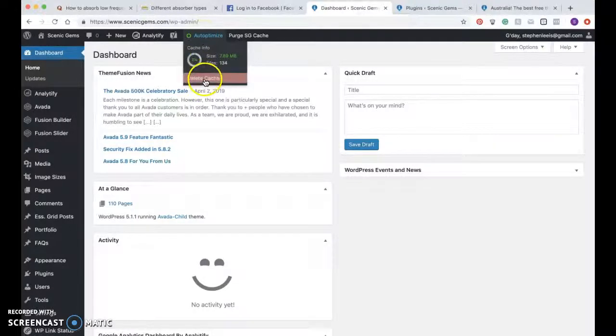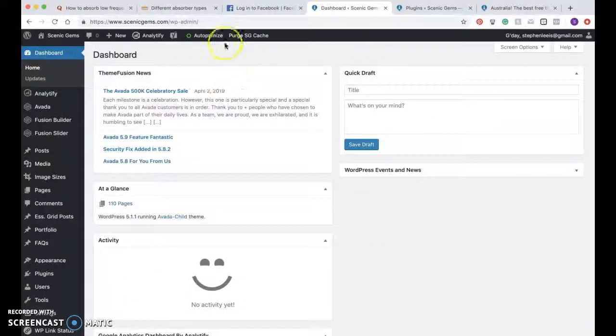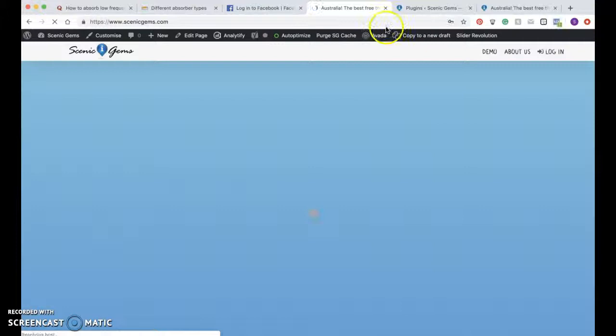So auto optimize has 134 files. If I delete the cache, there are no files. If I purge the cache, that seems to happen quite quickly, and 134 files seem to be back. Now, if I go to here,